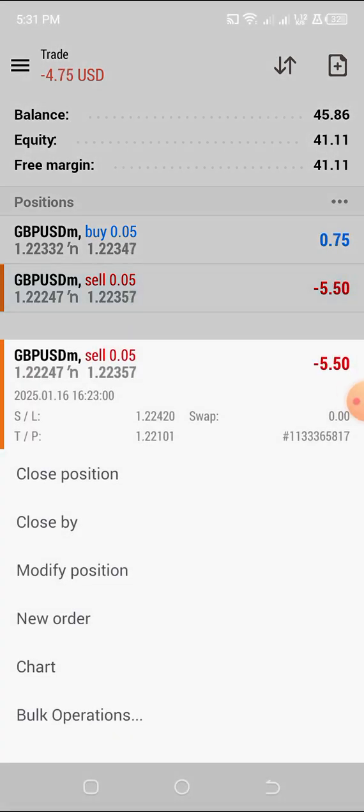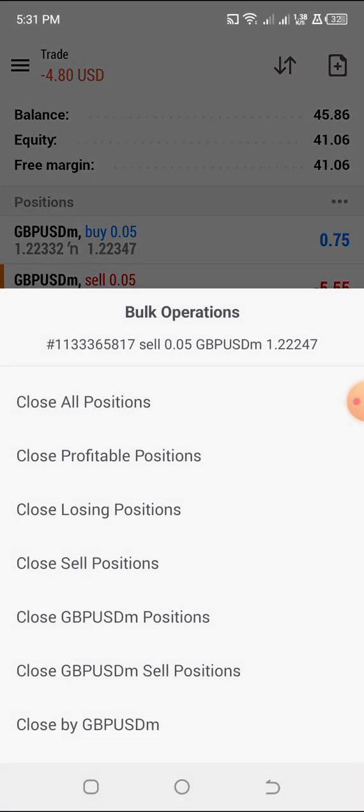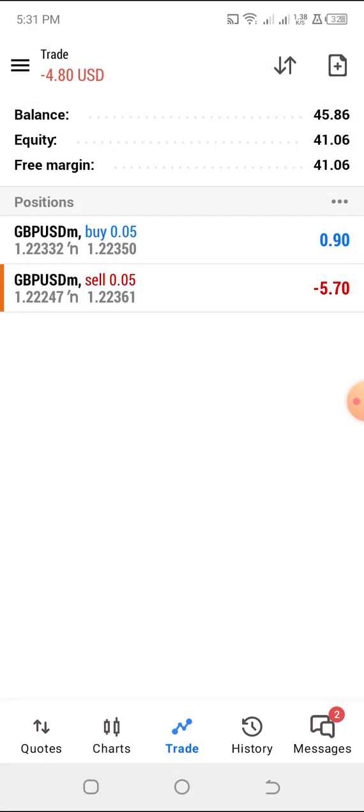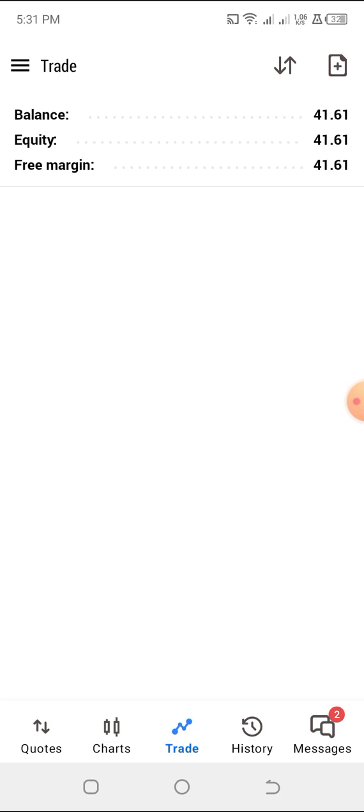Once you hold, this menu will come. You see bulk operation. You click on bulk operation and you see close all position. So that's how you close a trade. You close so that you don't allow the trade to go on, maybe because you feel the money you have gotten is